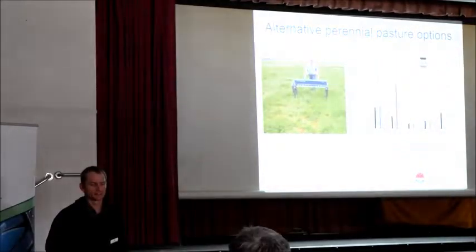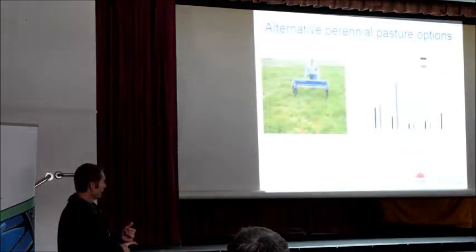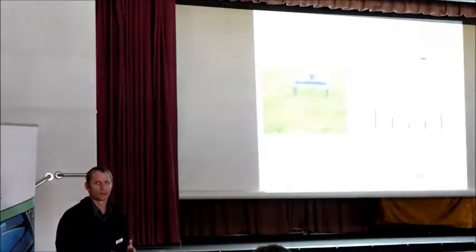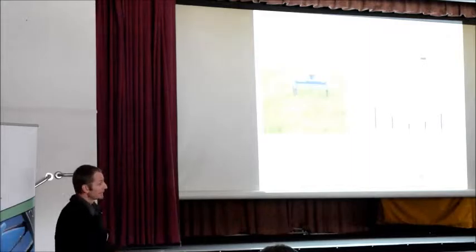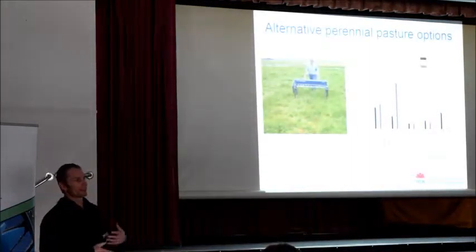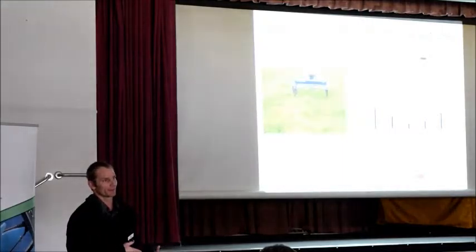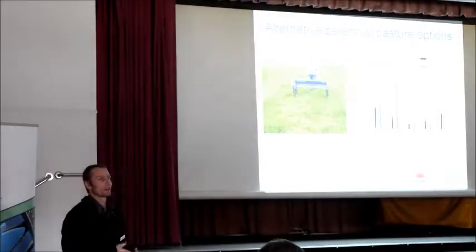The other one that I mentioned is Casbar cocksfoot. Casbar is also an old cultivar, it's even older than me. It was actually collected from Mediterranean environments that receive 275 millimetres of rainfall a year. It didn't do too well in this trial early on, and that's because we had those wet years. It happens quite a bit with Casbar: the better the season, the worse it does. And it was only when we got a dry stint and things started to open up a bit that it